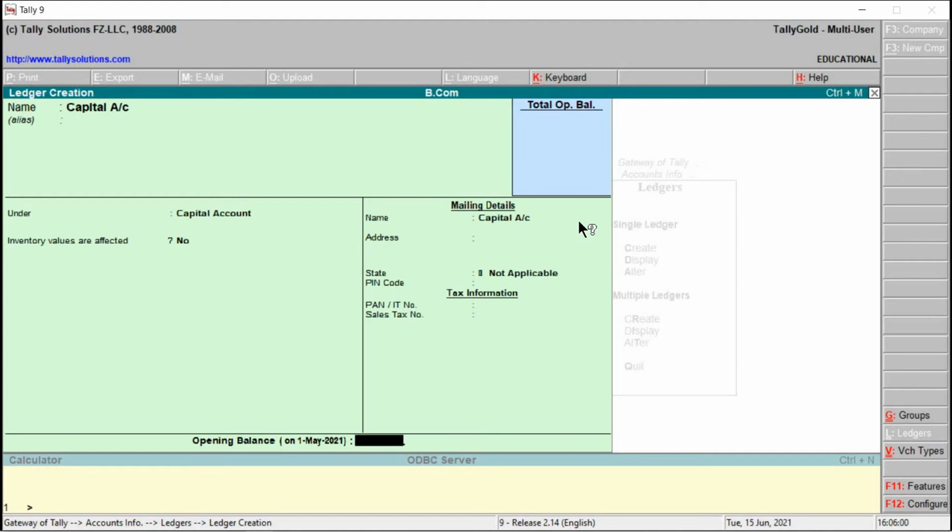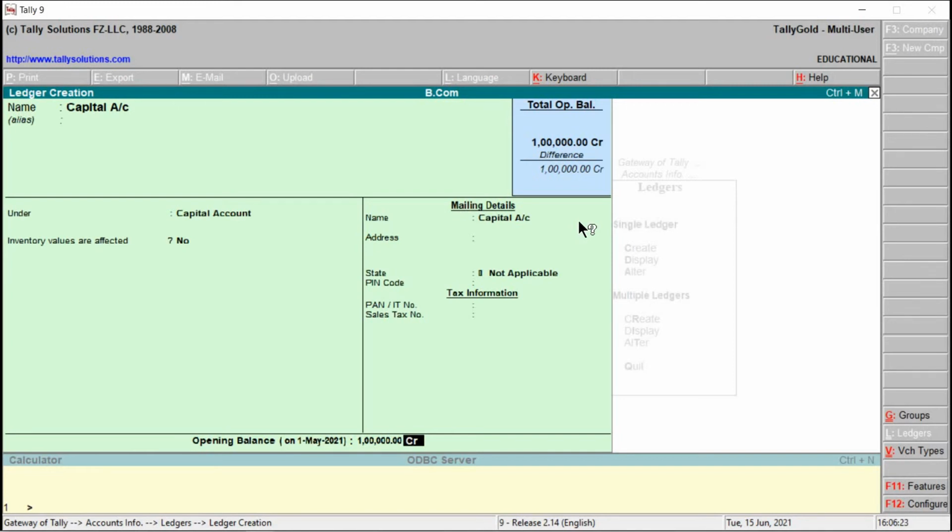The next one is the opening balance. We can provide here the opening balance for this particular account, that is Capital Account. I just take here 1 lakh. Then enter. CR will come, that is credit balance.